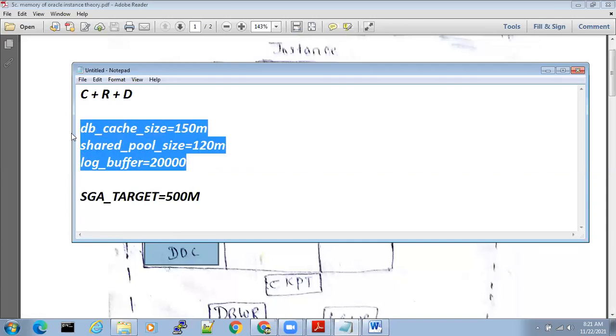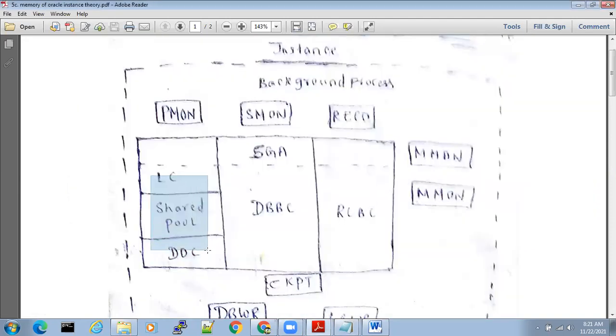Now you are giving these three parameters individually: shared pool, database buffer cache, and redo log buffer cache, each with some size. Don't give it from now, from 10G onwards. We are using 11G now, so we don't have to worry.